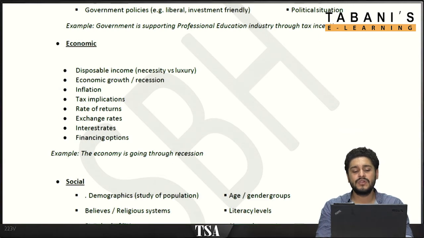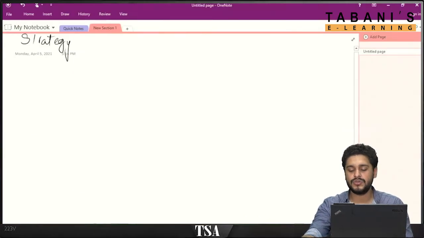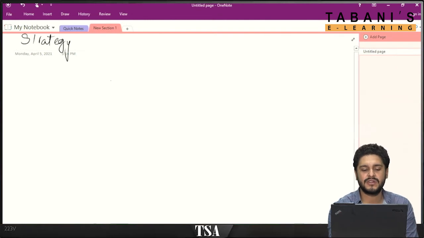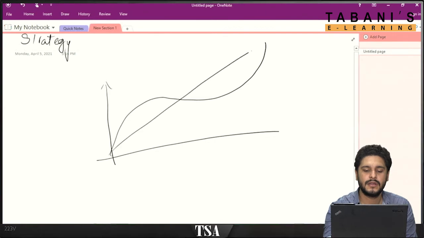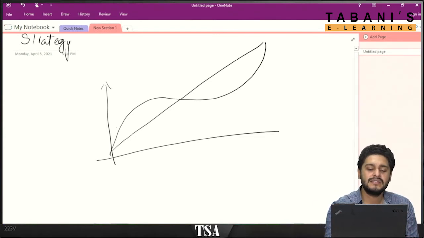For example, the economy is going through recession. If the economy is going through the recessionary phase, let us talk about the different phases that an economy can go through, and let's see what are the phases that will help us in identifying whether we should open our business structure or not. I'm making a business cycle right now, or we can call it a trade cycle, or an economic cycle as well. This area right now is the